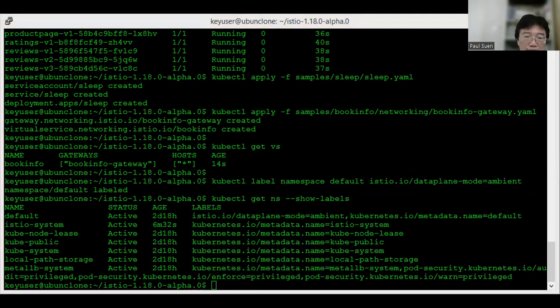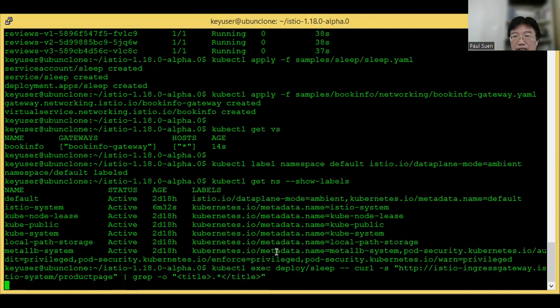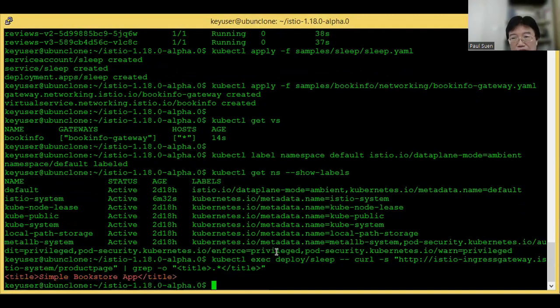So we just want to try out the service of the service mesh. Use the sleep client container. So first we access the Istio ingress gateway. In fact, the Istio ingress gateway is the same as the one we did on a sidecar-based service mesh.